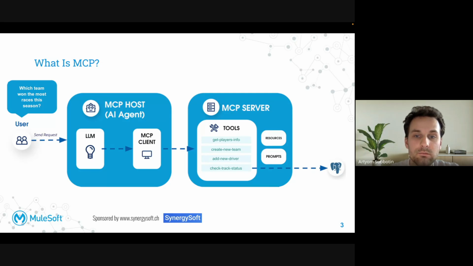The first one is simple standard input-output streams for direct process communication between local processes on the same machine. The main point here is that it provides network communication only locally. That's the main disadvantage of this approach.